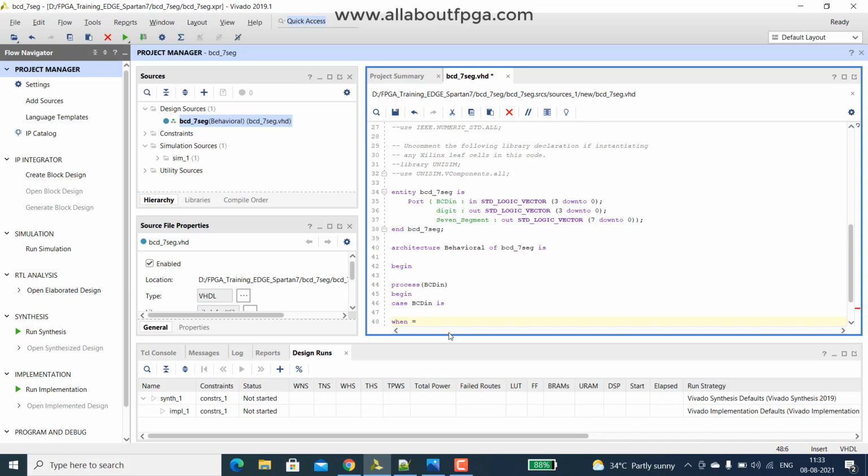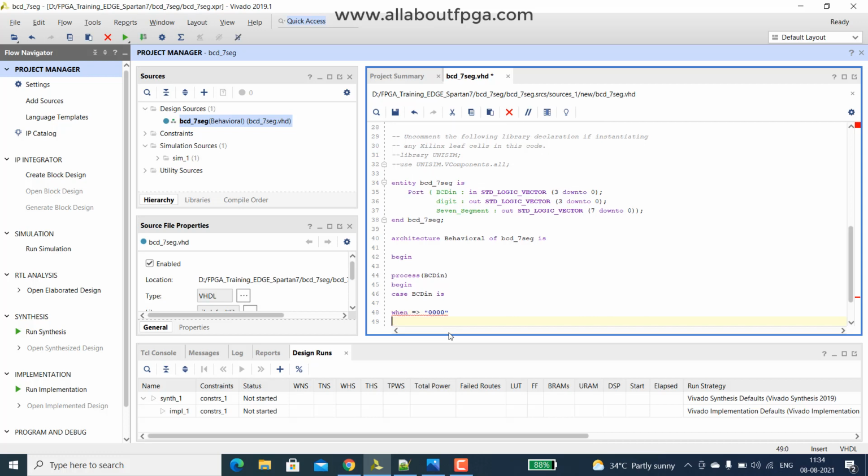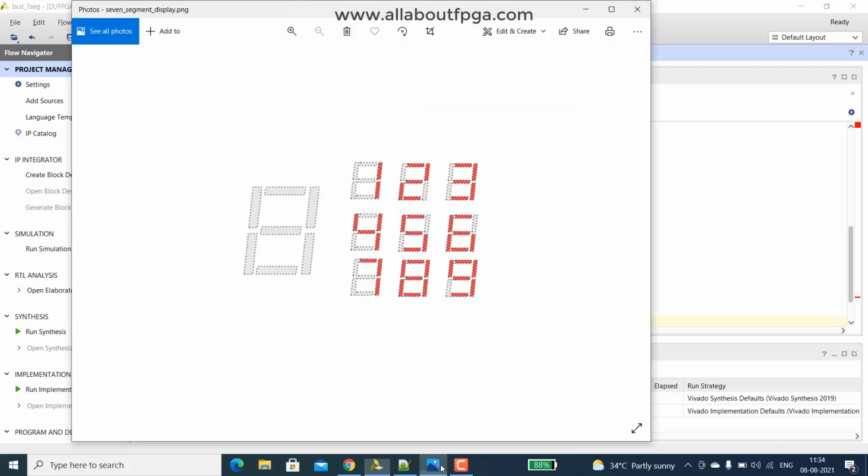When it is 4-bit of 0000, then the 7 segment will be of those segment values, as you can see. So these are the individual segments.